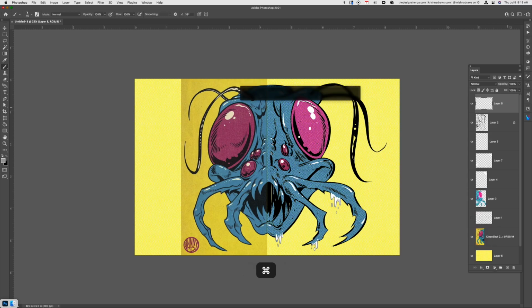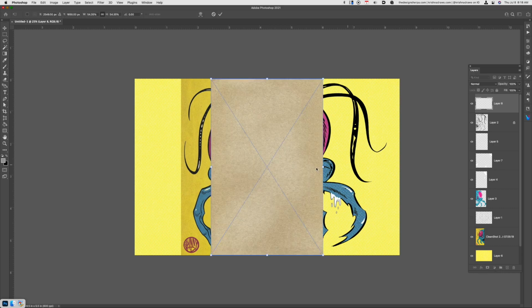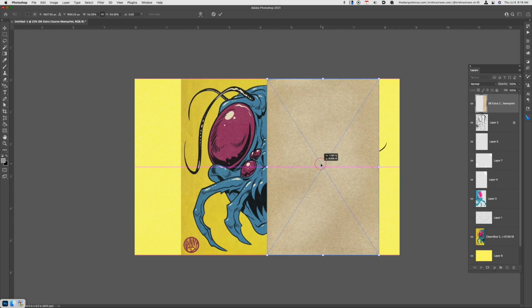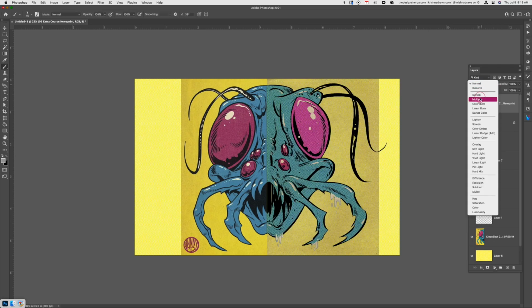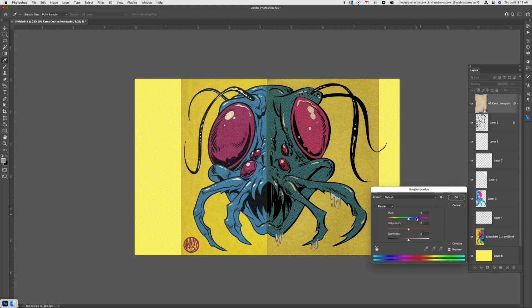And now I'm going to add my paper texture. I use a program on the Mac called Graphic Converter. It does a good job of allowing me to look through all of my digital assets. And there we go, paper texture. You can find loads of high resolution free textures on the internet. And if you set a paper texture to multiply, it kind of gives you that old school newsprint type look. So here I'm just dialing in the value using my sliders on the hue, saturation, and lightness